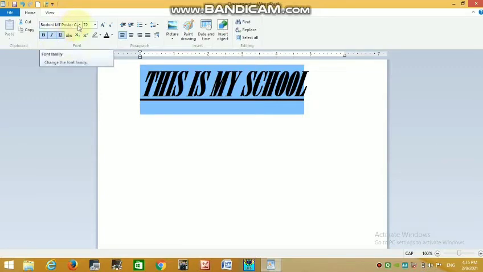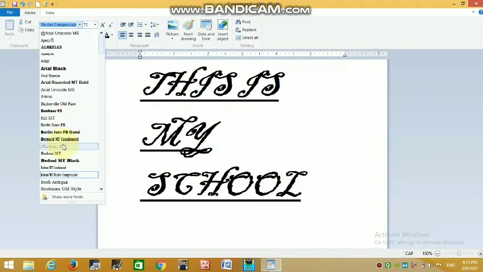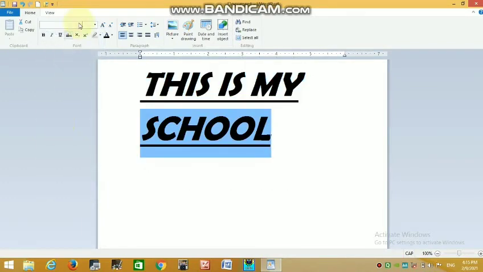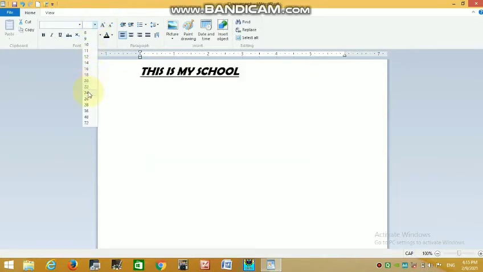Again, this is the font style or font type. With the help of this, you can change your font style. This is the size, font size. You can change the font size.